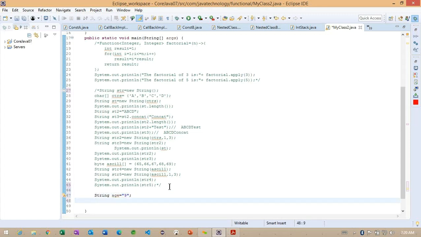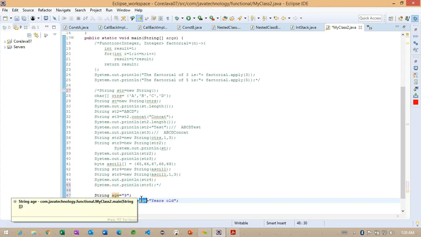And after adding that, what I'm going to do is string s is equal to, so observe here, I'm trying to specify the concatenation information. So this is one more string I'm creating here by specifying this particular age information in between.